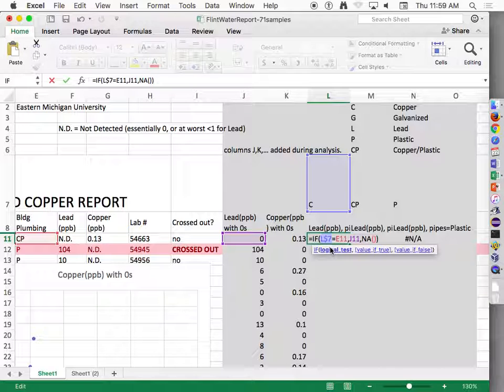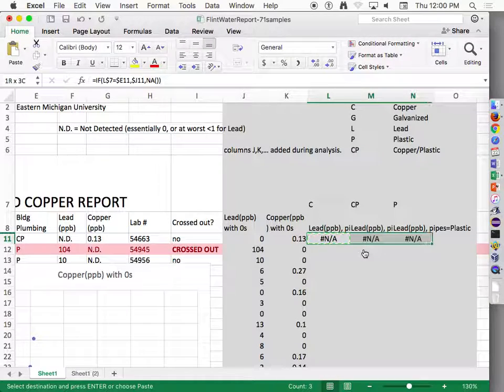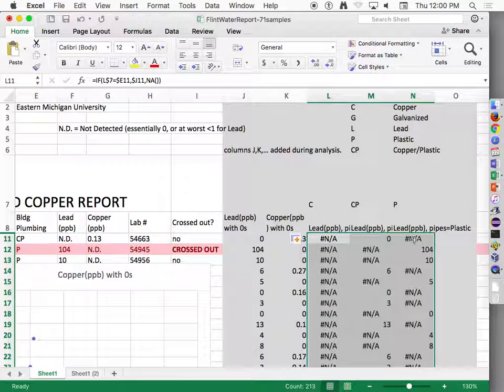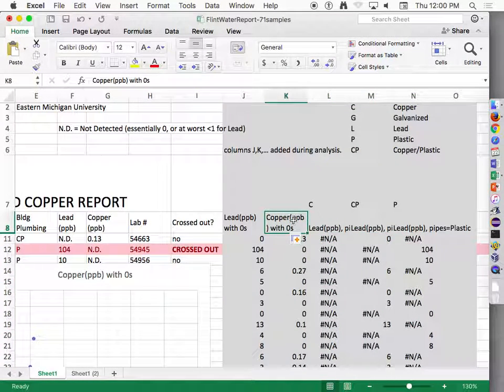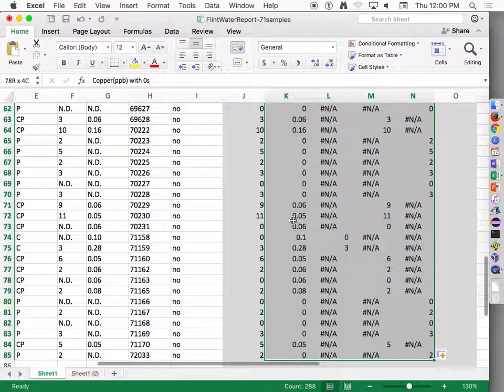So I want to lock the row there, but not the column. And on this one, I want to lock the column, but not the row. And on this one, I want to lock the column. And fill that down. And now if I plot copper versus those 3,